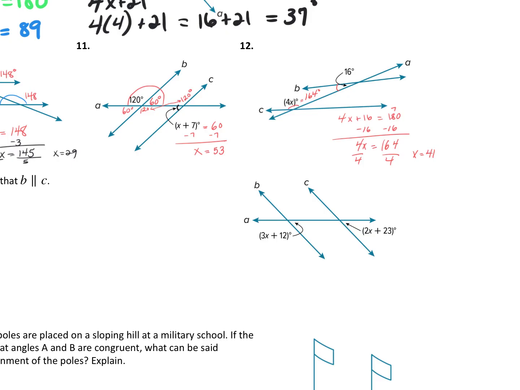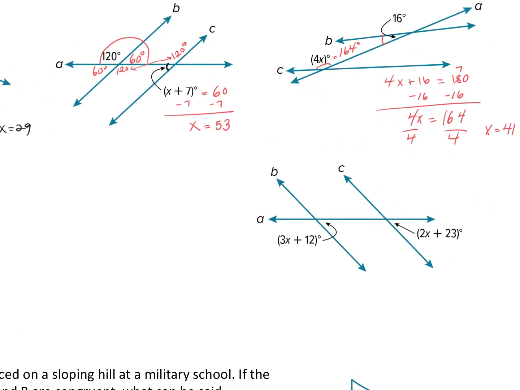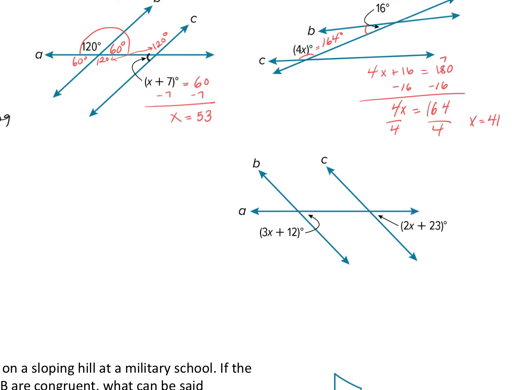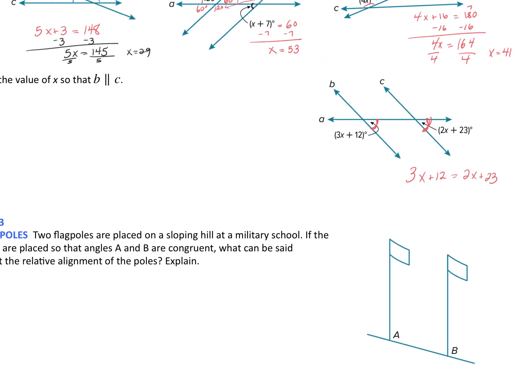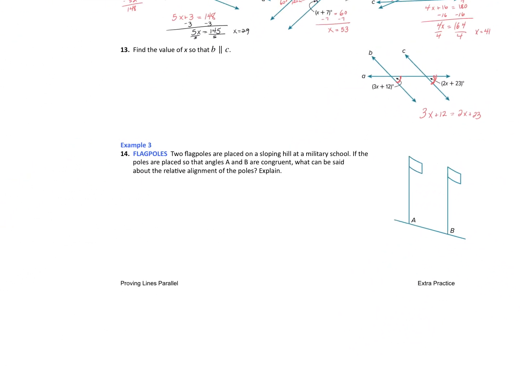So those are how you solve for x. This last one here, number 13, has this angle here and this angle here. Well, by looking at those, I know those angles are corresponding angles because they sit in the same position but on different lines. So to solve for x, we just set them equal to each other. Okay. All right, now let's take a look at